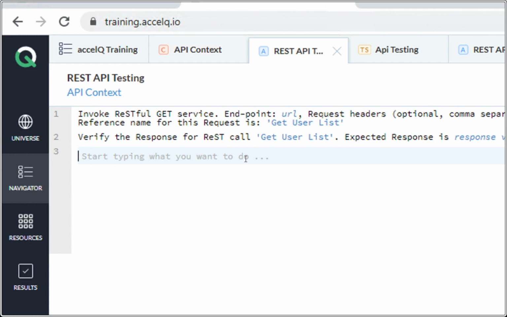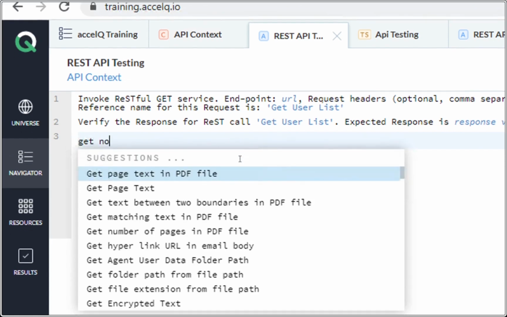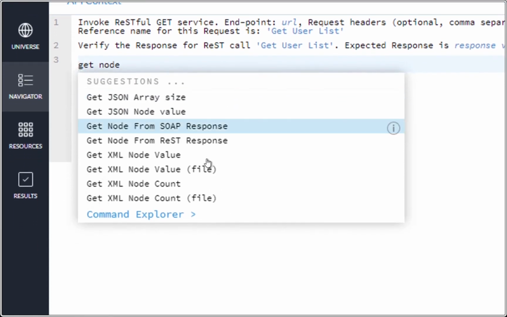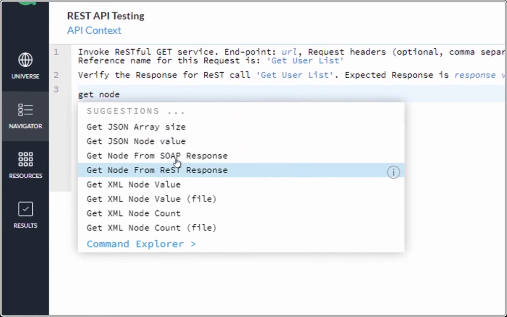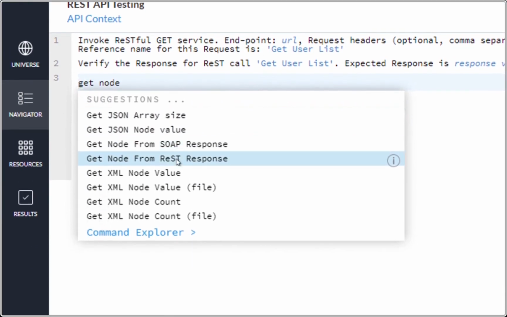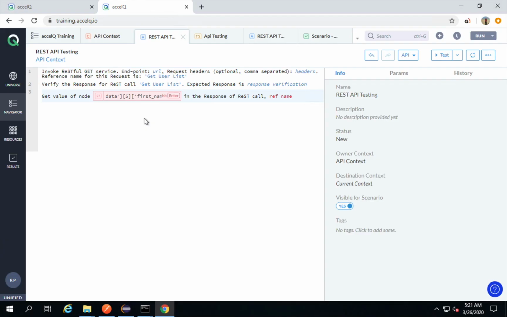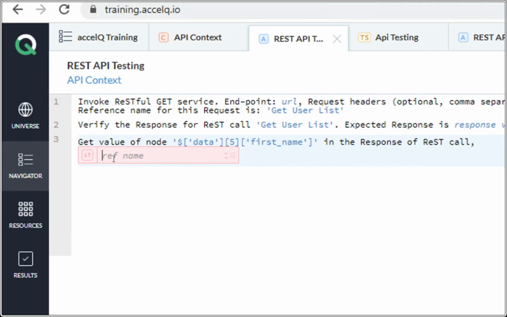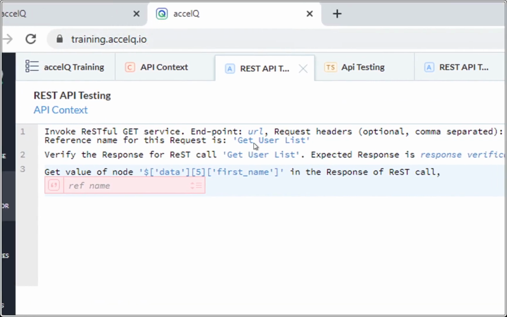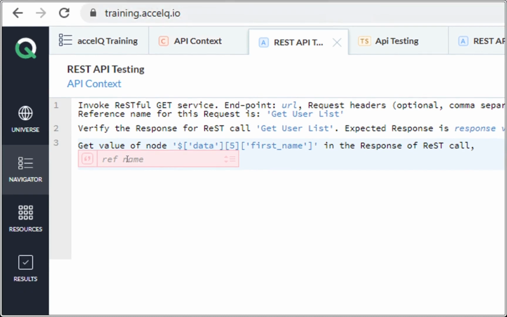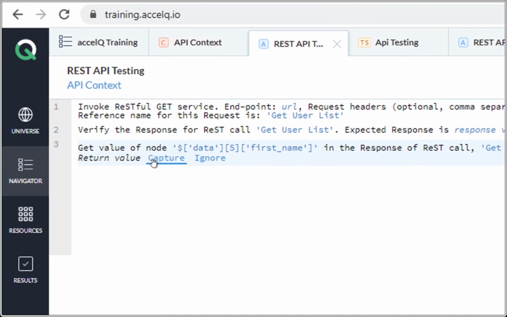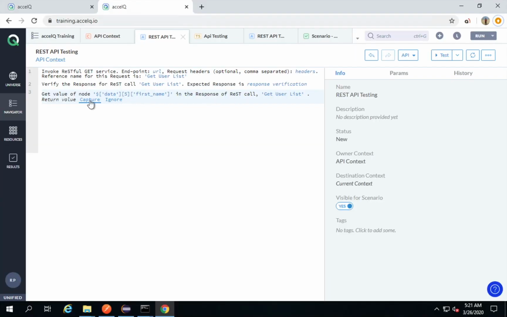and I will say get node. As I start typing, I am getting some options here. So we have options to get node from SOAP response, get node from REST response. I will select this, get node from a REST response, and here I will copy the path that I have just copied from the response, and then I also have to give the reference name, and that is the reference name of this API, get user list. I will say here reference name is get user list and hit enter,